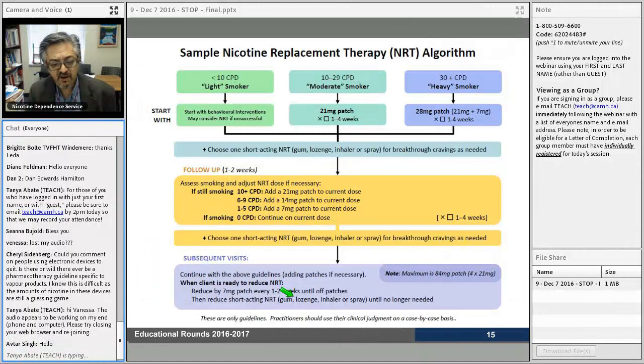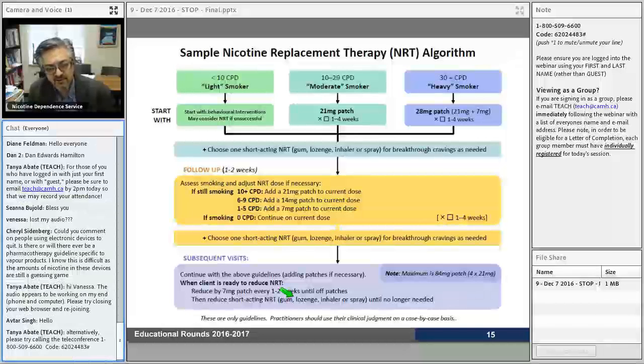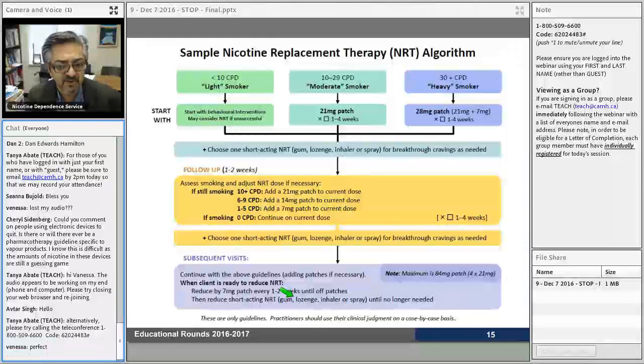In the algorithm that we use in our Treat and Stop program, we basically divide people into light, moderate, or heavy smokers. And if you look at the literature, that term heavy smokers can go anywhere from 10 cigarettes or more to 15 cigarettes or more. We've done this light, moderate, or heavy primarily because it could help guide you to decide what strength of patches you might need. And again, just yesterday I saw a patient who was actually smoking closer to 20 cigarettes